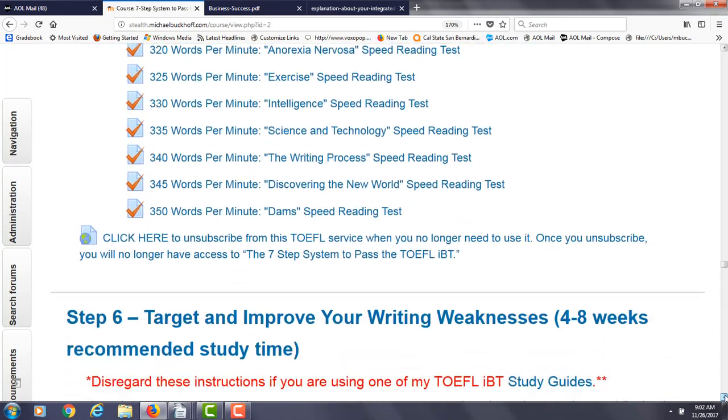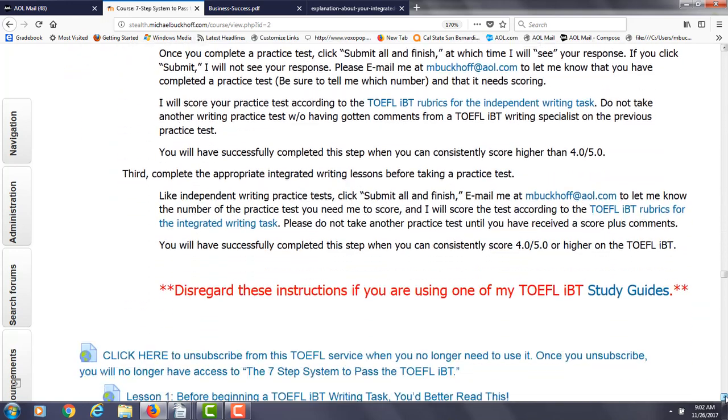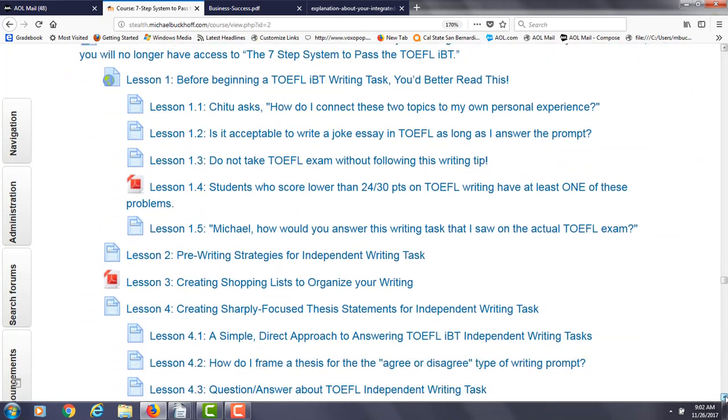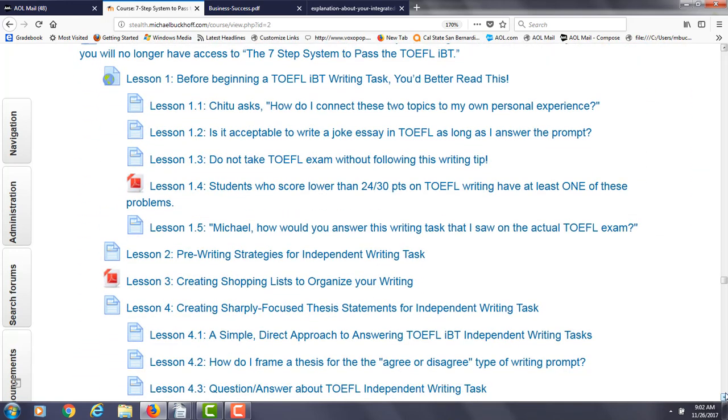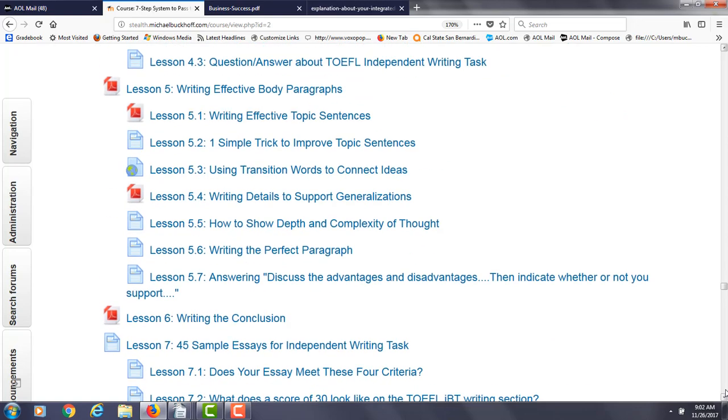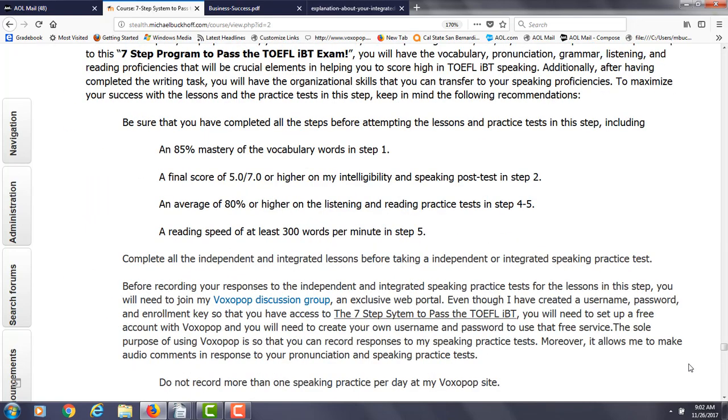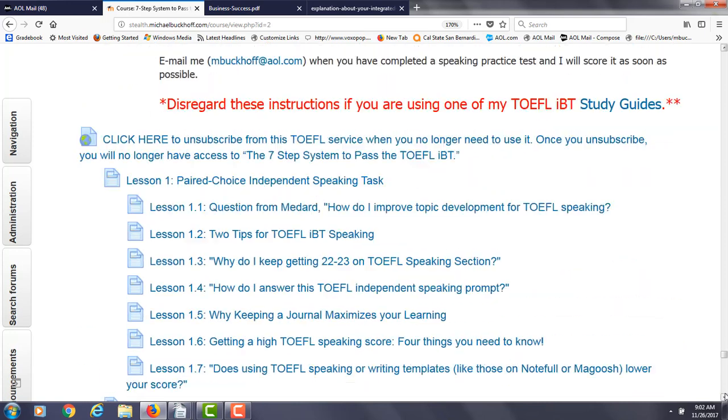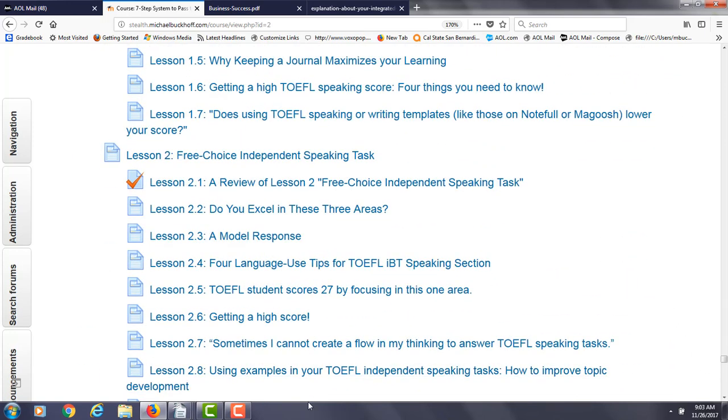I think we're okay here. Writing generally, I think your structure for the integrated writing task is pretty good. You have a good idea of how to connect the information together, so I'm not going to really make any major comments on that. So these are some areas that I think that you should focus on in order to improve your writing proficiency. All right?